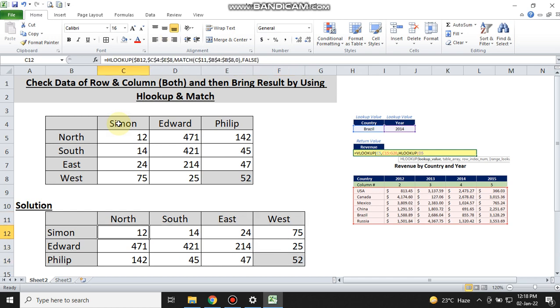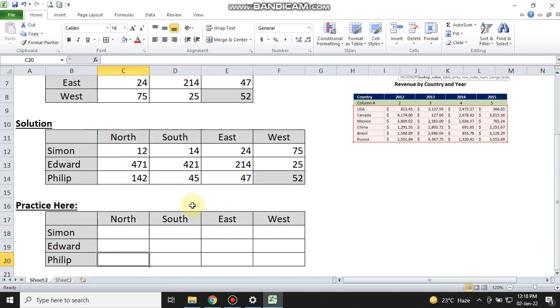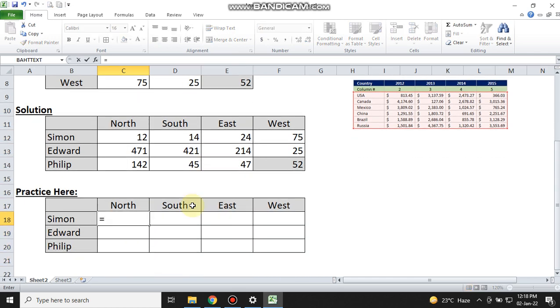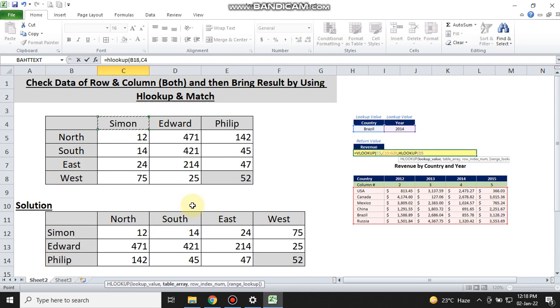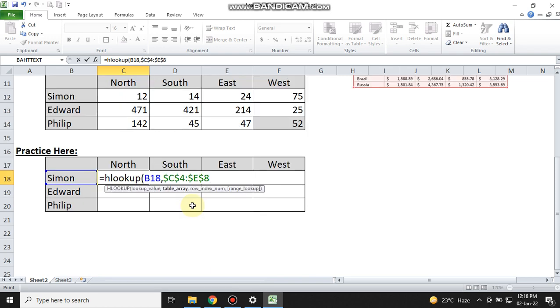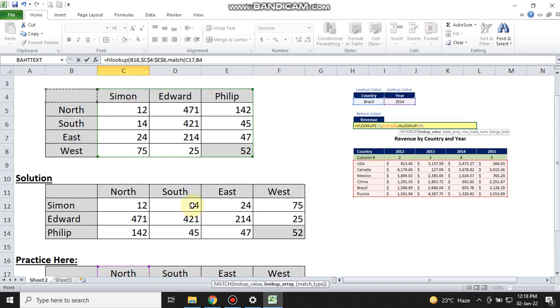You see here the formula. We use HLOOKUP with MATCH. How to do it? Let's do an example. We use the formula here: equal to HLOOKUP, bracket open, lookup value is Simon, range. We select the range and use F4 to fix the range, comma, MATCH, bracket open, match North, comma, and the range is this, F4 to fix the range,